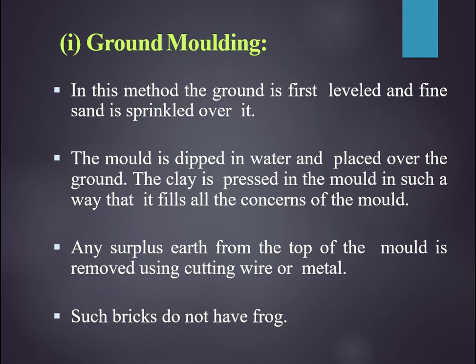the ground for drying. But before that, what we have to do is, we water the mold, and then we fill the complete clay, the tempered clay we got, into this mold, and we press it such that the complete mold is filled with this clay. And then on the top, we make it level with a wire or any trowel you can take, and just level the surface, and hence you get a good brick.